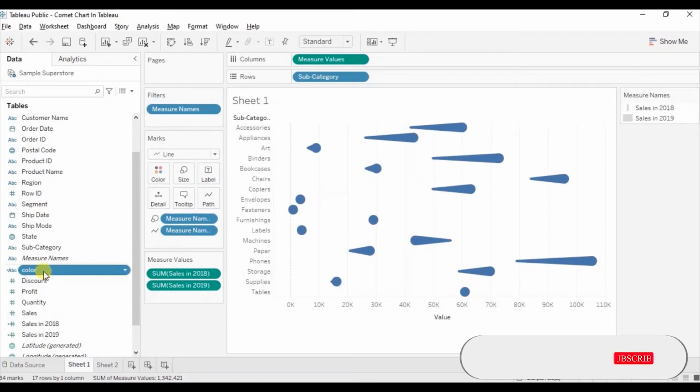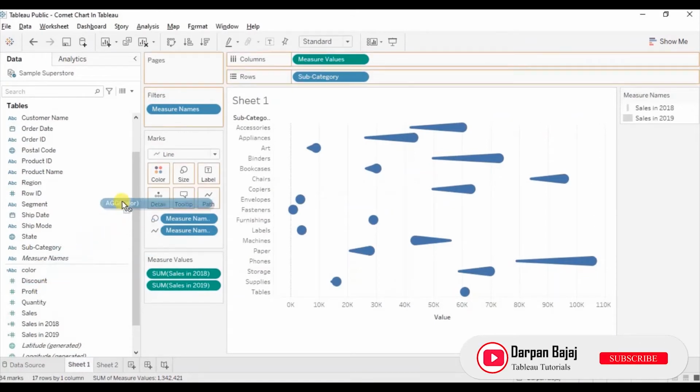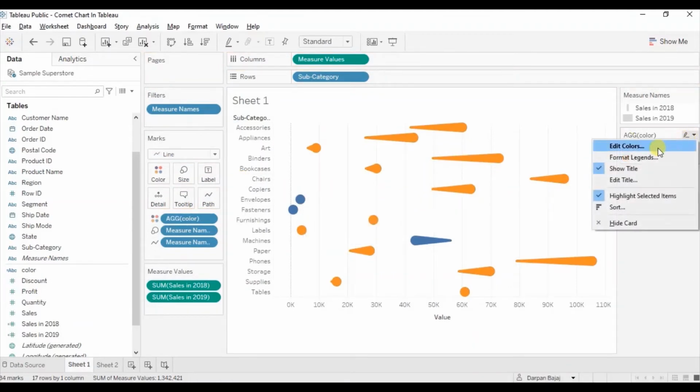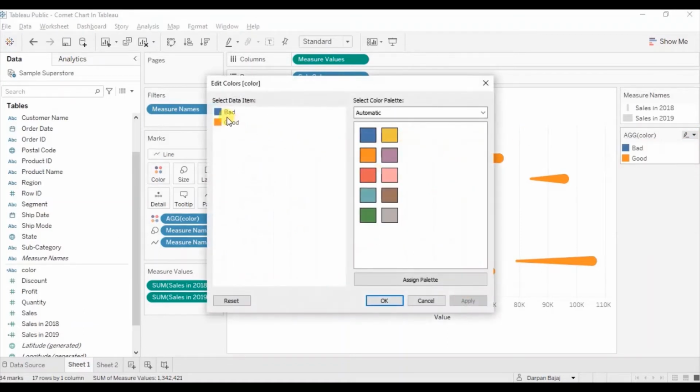Now drag this color field to color in the marks section. We can change the color from edit color. We can select color for bad as red, and let's select blue for good.